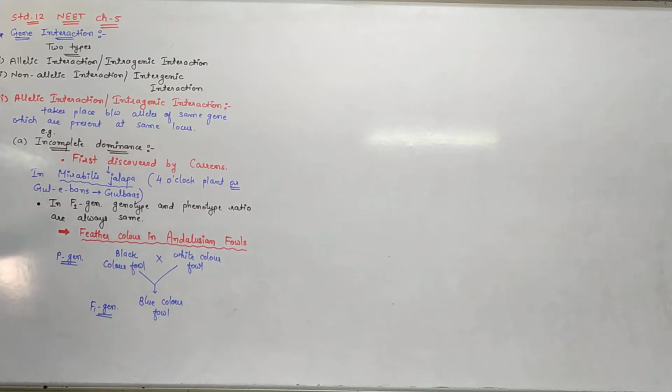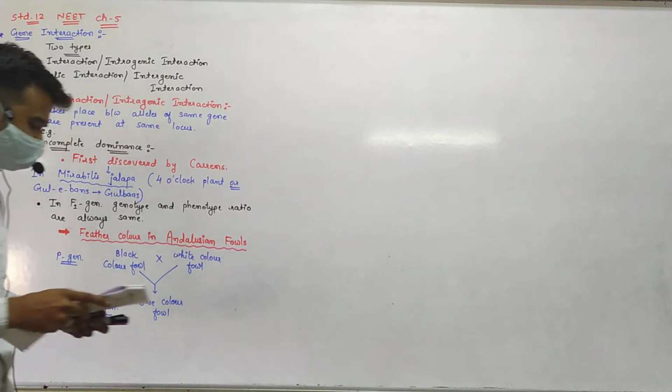When you take the black fowl and white fowl as the P generation and cross these two, then in the F1 generation a blue fowl will be formed, and this indicates incomplete dominance. So incomplete dominance is not only seen in plants but also in animals, right? Along with that,